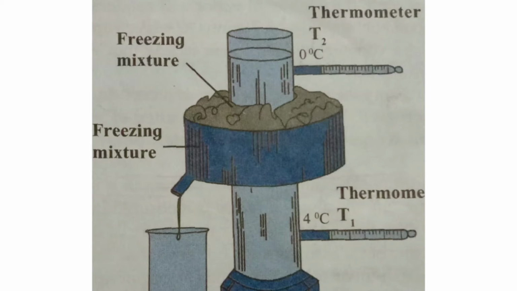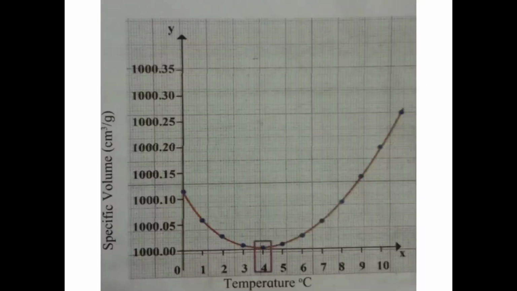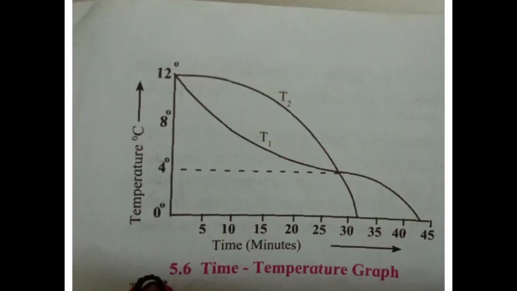So thereafter it will reach 0 degrees later on. That is shown by this graph. See, the temperature of T1 falls rapidly and then slowly to 0 degrees. It takes around 45 minutes to come to 0 degrees. Whereas if you see T2, the upper thermometer, the temperature slowly comes to 4. But once it reaches 4, quickly, within say 32 minutes, it is reaching 0 degrees. At 30 minutes it was at 4, and at 32 minutes it is at 0 degrees Celsius.